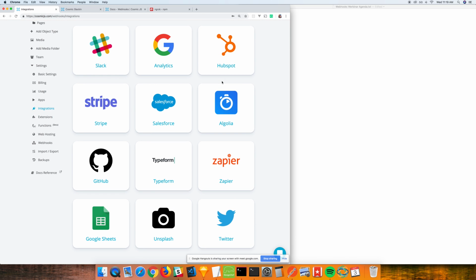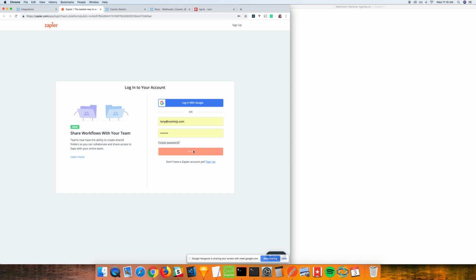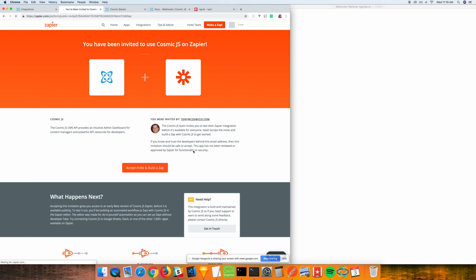For Zapier, I want to do this one really quick just because it's super neat. Let's see if I can log in here. Okay, so Zapier is really cool in that it allows you to connect with a lot of different